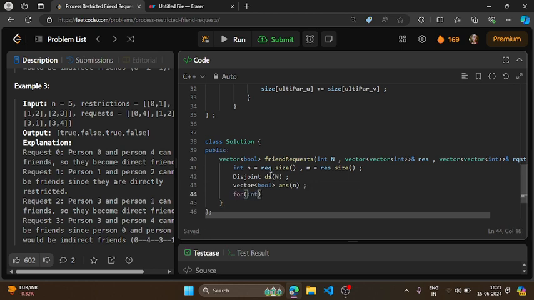Now let's start with each request. We are starting from the beginning because it was mentioned in the question that we have to process requests sequentially, right? So i should be less than n, and i plus plus. Now, as I have said, we are only concerned about the parent of the request and the restriction. So let's say the parent of the first element of my request is